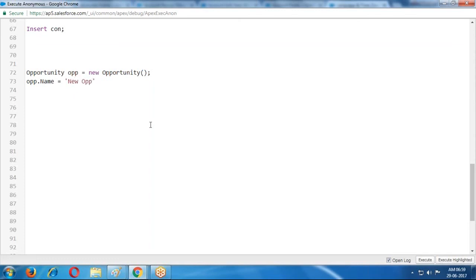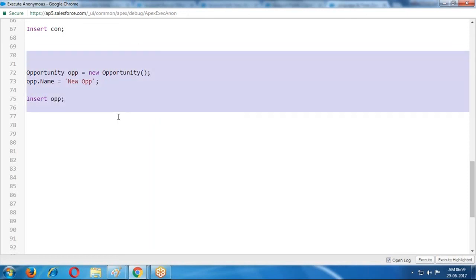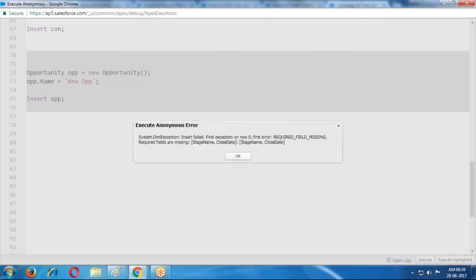I'm creating my opportunity, new opp, and I'm inserting this record, opp. It is not accepting this record because there are three mandatory fields: one is the name, one is the stage name, one is the close date. Required fields missing, we are getting the error.